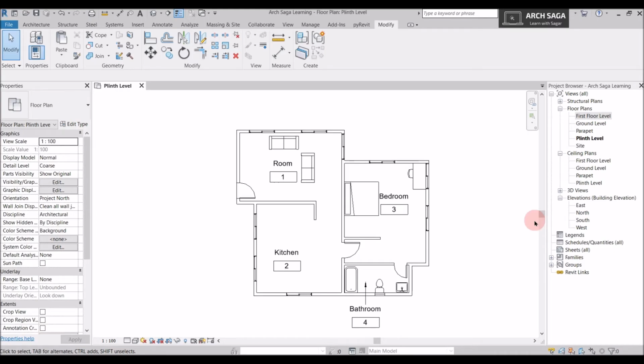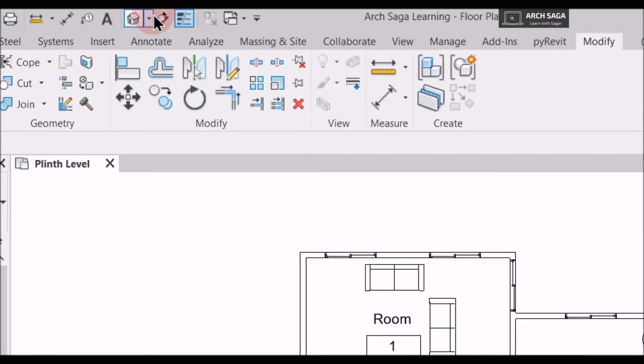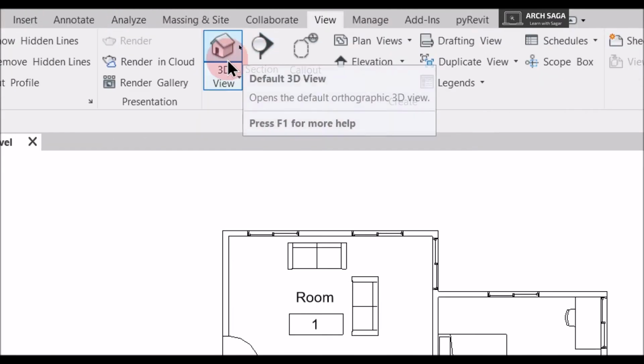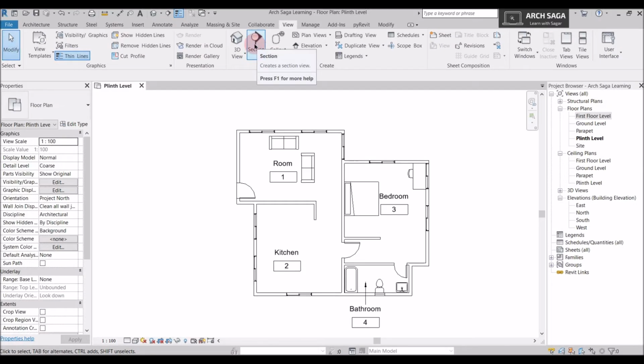In my previous tutorial, we learned about how to add components. Today we will learn about how to add a section. In order to draw a section on your plan, you will see the section on the topmost part of Revit, beside the 3D view tab. So here's a section. If you want to find a section, you can again go to view and find section beside the 3D view.